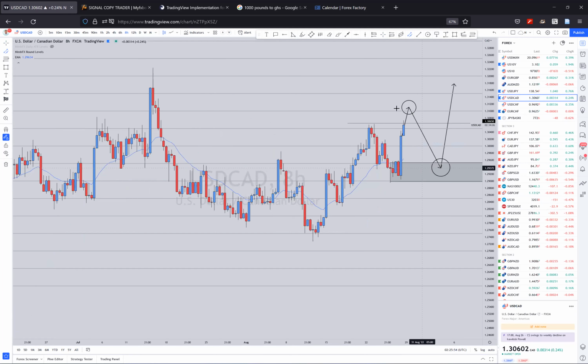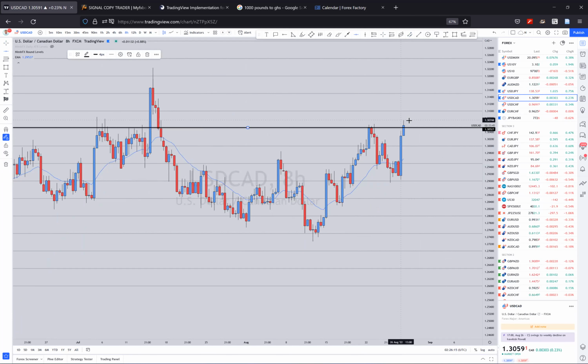Same for USD CAD. So I did this analysis. I saw a continuous push to the upside to break the high. If we break the high, then we look out for a pullback to continue pushing up. But price is still sitting around the high, and we would still look out for how this breaks, because if that breaks, that would be good for a confirmation